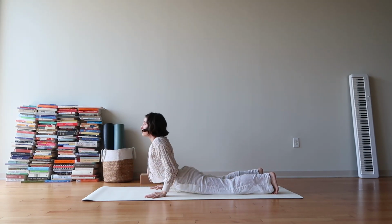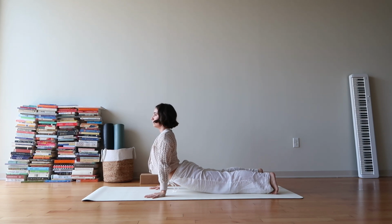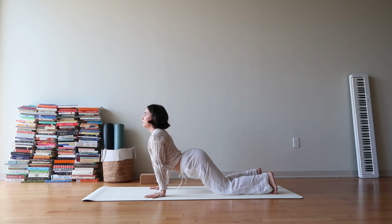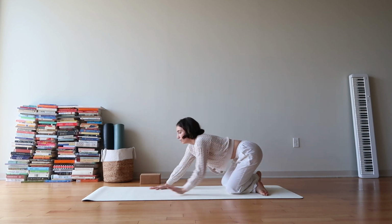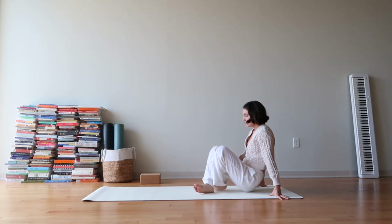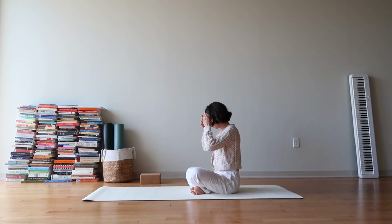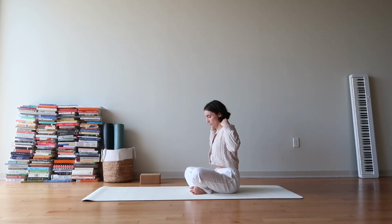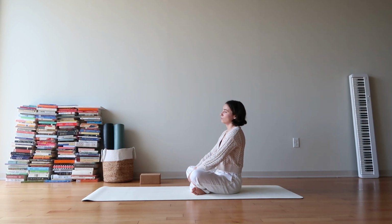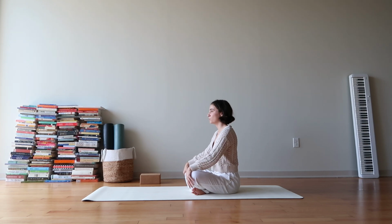So lift the chest and the hips off the ground, lift the knees off the ground. So an even deeper back bend. Maybe you lift the chin up. Exhale, lower the knees, cross the ankles. And we'll come to our final pose, a cross-legged seated position. If you would like to rest here, if you would like to rest in Shavasana, laying on the ground in corpse pose,